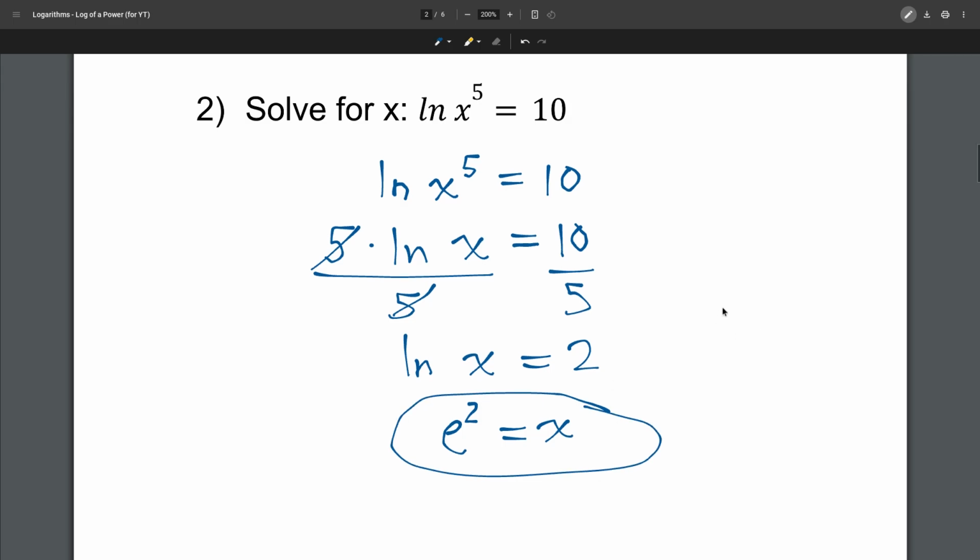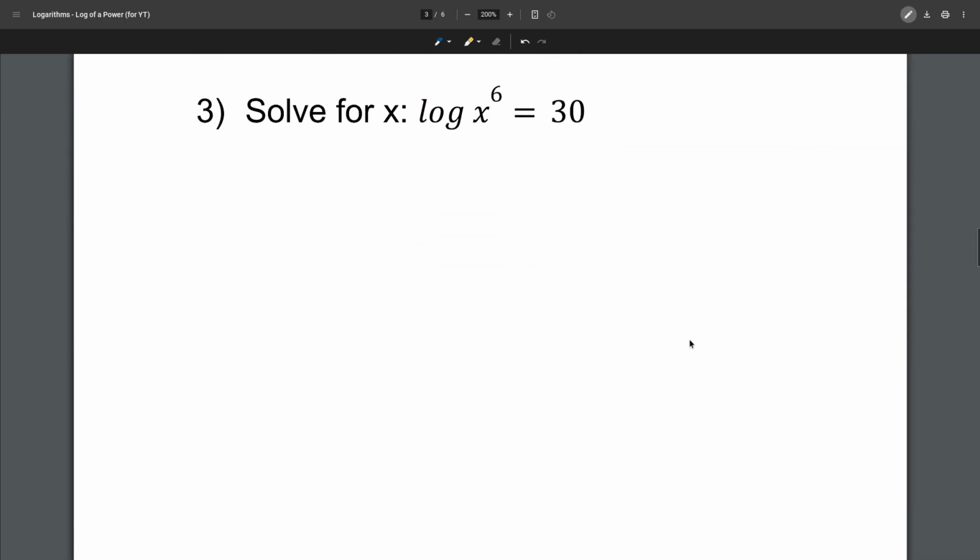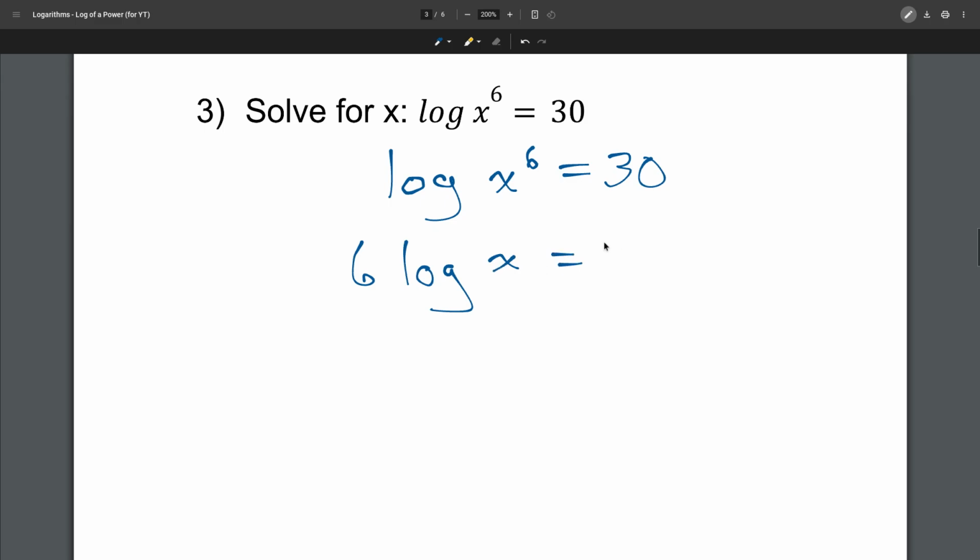Okay, let's try another one. All right, this next one, we're solving for x. We have log of x to the 6th power equals 30. We're going to use the log of a power property to rewrite this as 6 times the log of x, set that equal to 30. And then we can divide both sides by 6 now. So we can say the log